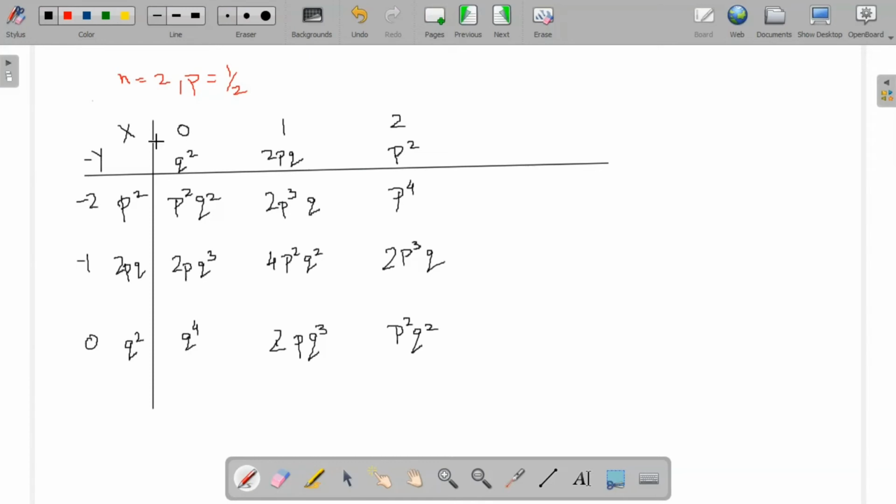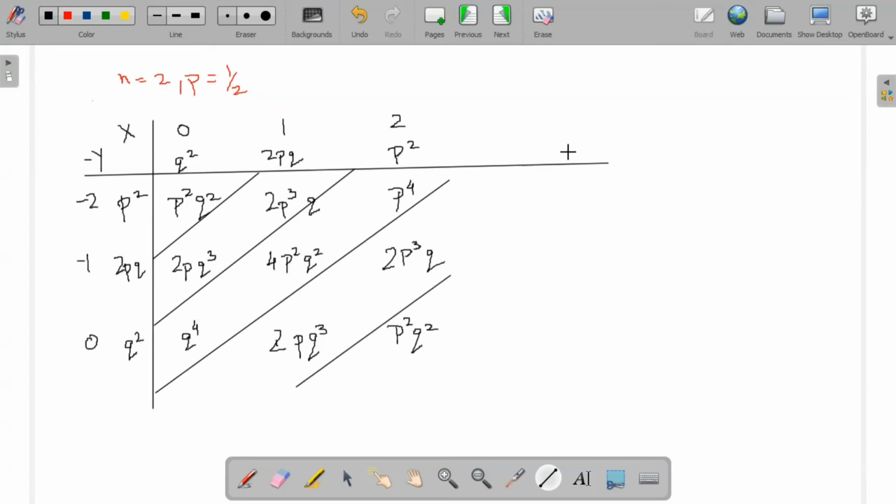So summing up all these values, we will get